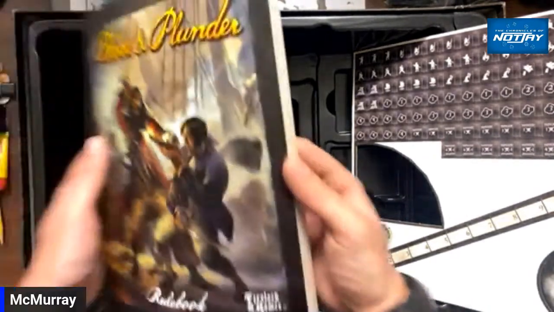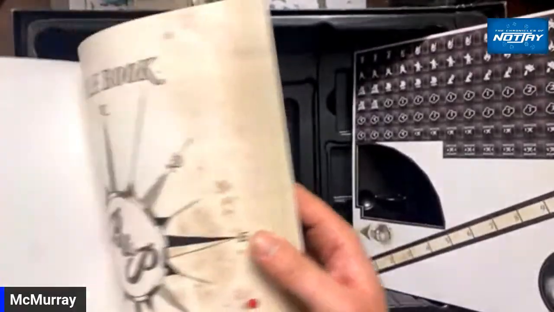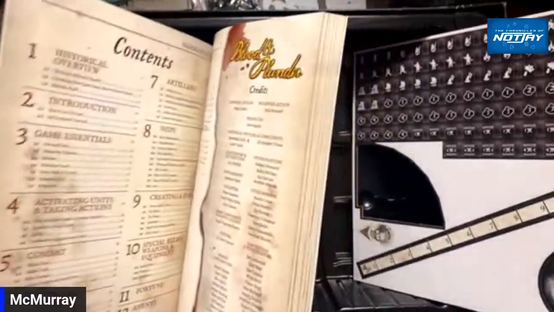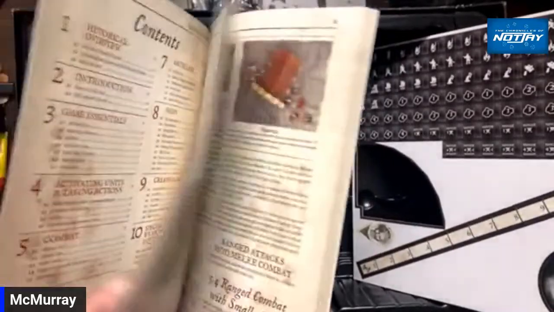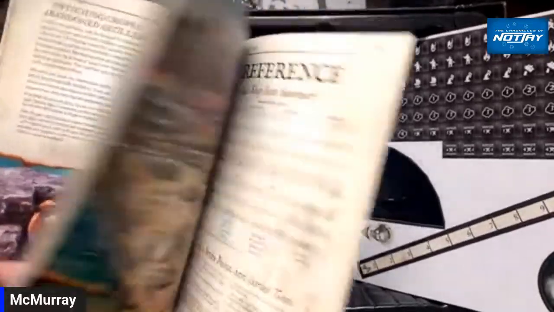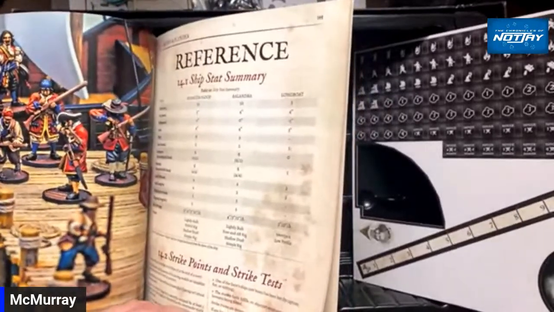Maybe I'll read through this thing. I think this is probably the second edition. I know they've made a second edition since this is brand spanking new. I would assume this is the second edition rulebook. Like I said, I'll read through it. We'll see if anything has changed, if anything's different. Maybe it is. I don't know. Like I said, we'll read through it, see what's going on, and